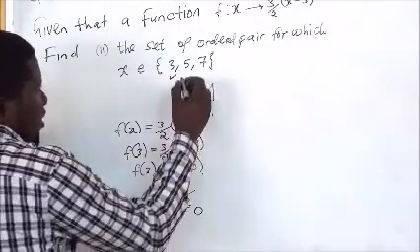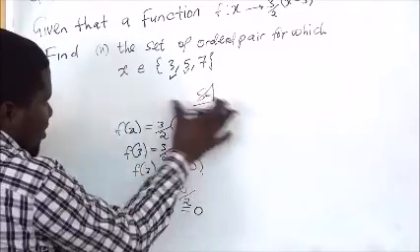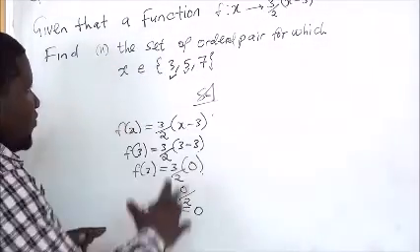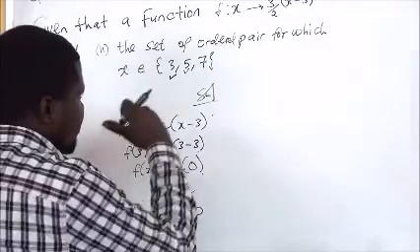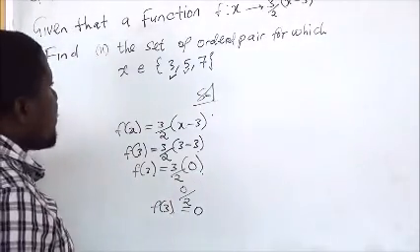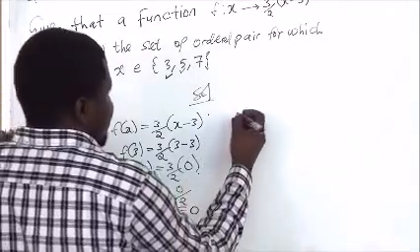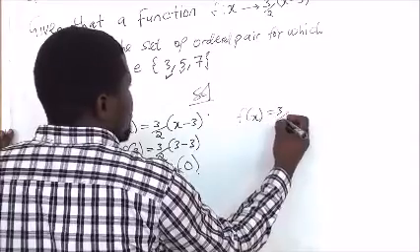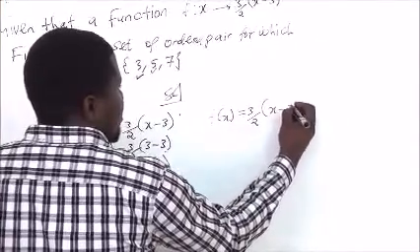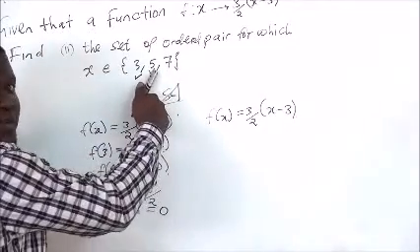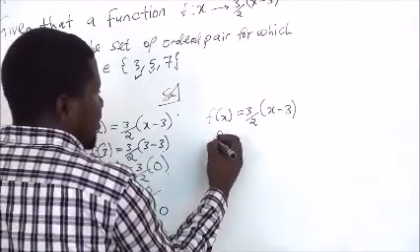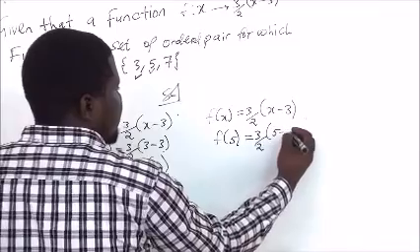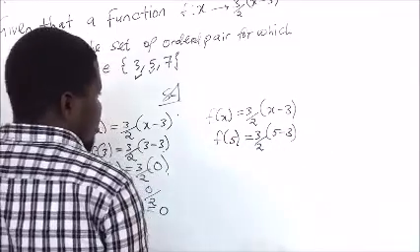And secondly, I'll take this one, the input 5. The same function I'm using, I'm not changing anything, I'm just doing according to the way it is, and now picking the next number, 5, from the same set given before me. So I'll say f of x, the way it is, will be equal to 3 over 2, open bracket, x minus 3, like this. In here we're saying we're going to use 5. So substitute where there is x by saying 5. You write f of 5 is equal to 3 over 2, open bracket, we're going to have 5 minus 3. We know the result is going